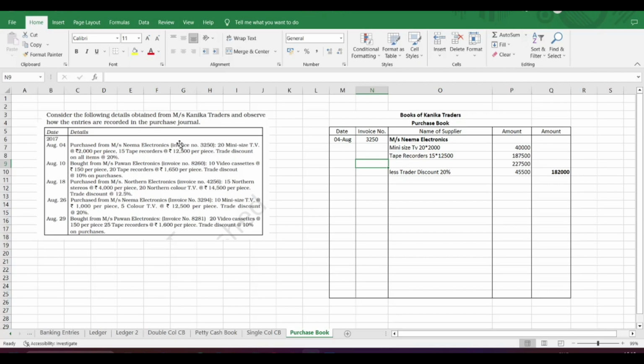So I hope it's clear to you. We have just written the name of the supplier and we took the items which are to be taken into consideration. They bought the mini size TV 20 pieces for 2000 rupees. 40,000 is the total of mini size TVs. Next, tape recorders, they bought 15 for 12,500 and total of tape recorders is